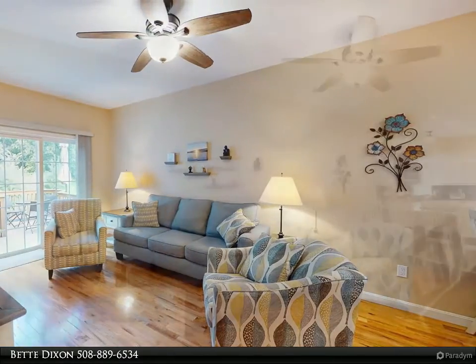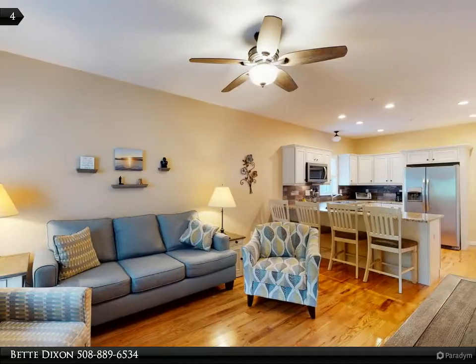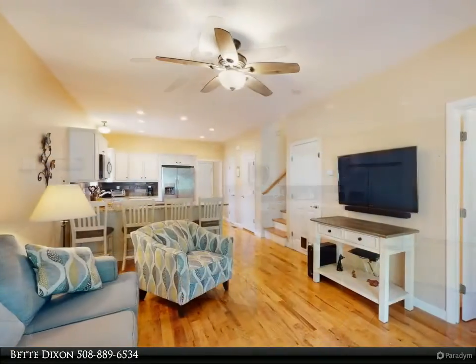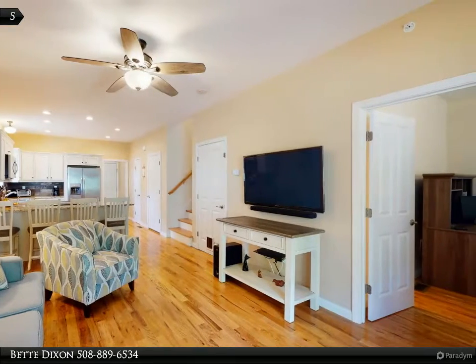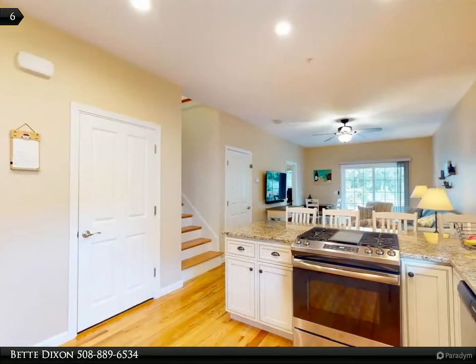Kitchen boasts granite countertops, stainless steel appliances, peninsula seating, and more. Off of the living room is the second bed, currently used as a home office space, with a full bath. You will love the serenity of the main bedroom, offering 2 walk-in closets, private full bath with soaking tub and